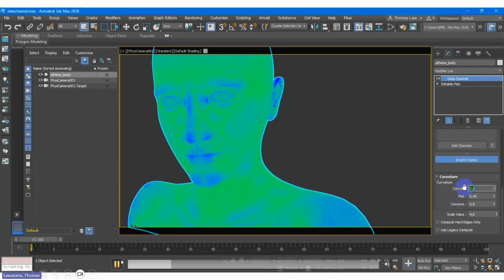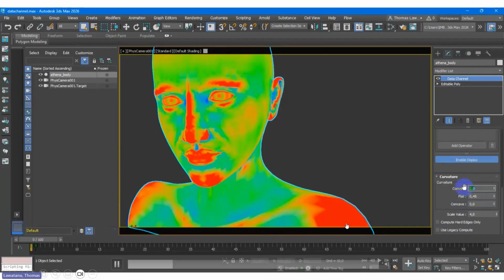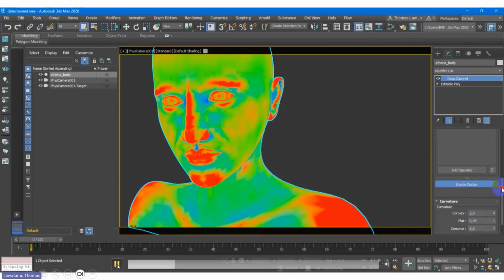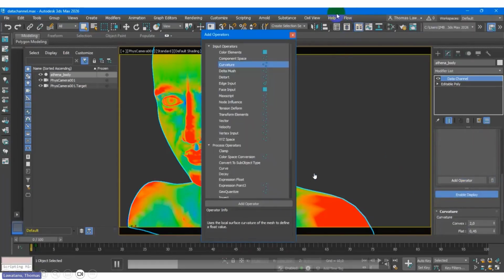Okay, again. Let's say for the convex, I put the number 2. When you put the number 2, of course, some color will be more dominant, more as a strong point. So the strong point is more the red color, the higher. And then let's say the maximum: red for the maximum.